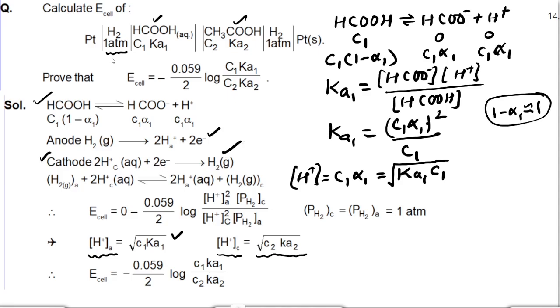Now on both sides hydrogen gas is at 1 atmosphere. So it is an electrode concentration cell. So E cell is equal to minus 0.059 upon 2 log of H+ ion anode into